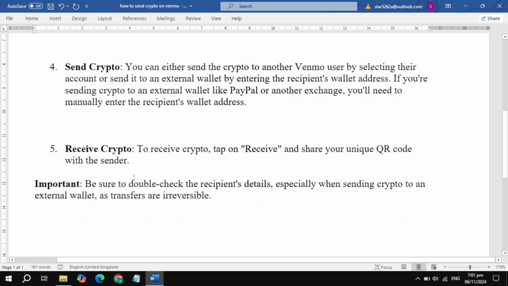wallet address. Receive crypto. To receive crypto, tap on receive and share your unique QR code with the sender. Important: be sure to double check the recipient details, especially when sending crypto to an external wallet, as transfers are